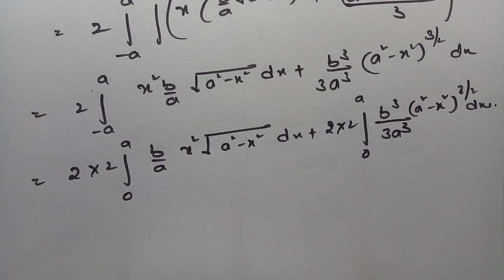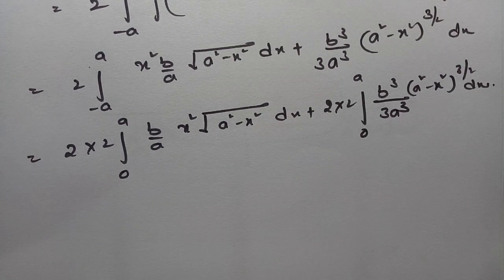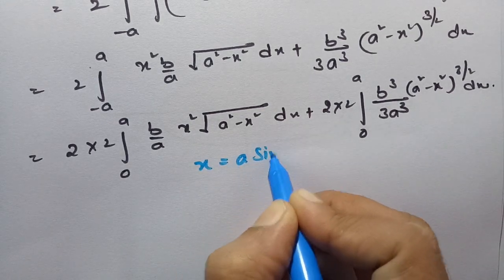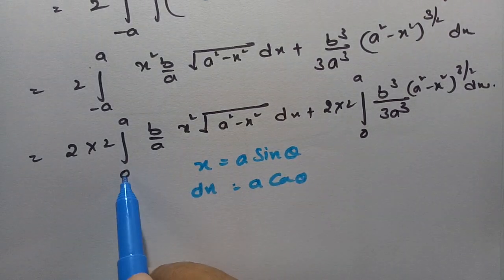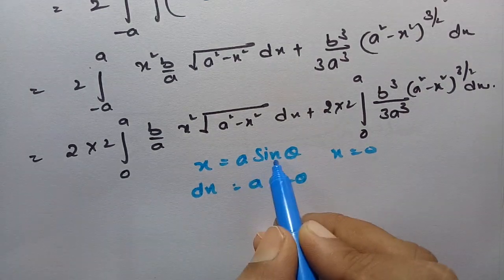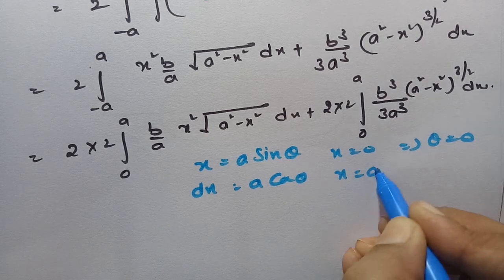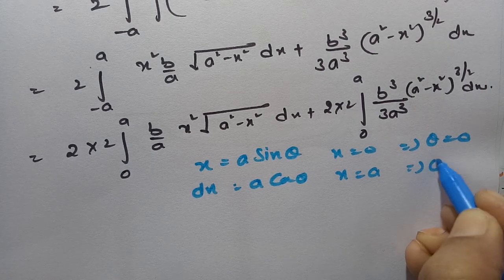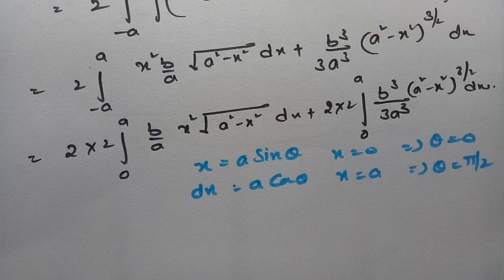Now what is the substitution here? We have to make a certain substitution: we have to put x is equal to a sin theta. So then dx will be a cos theta d theta. Now what will be the limits? If I keep x is equal to 0, then sin theta is equal to 0, then theta is equal to 0 again. If I keep x is equal to a, then x by a is 1, and when do we get sin theta equal to 1? At 90 degrees. So the whole thing changes now.